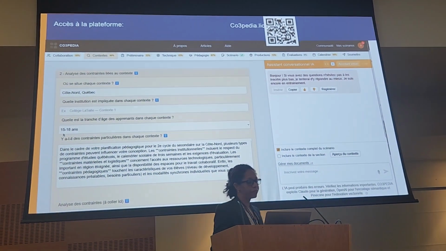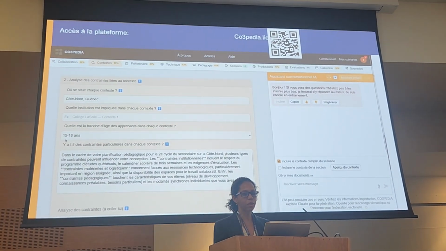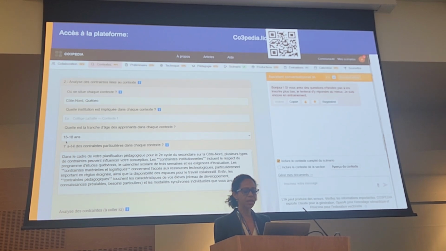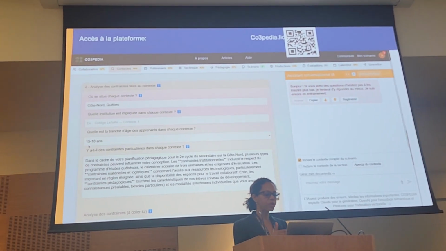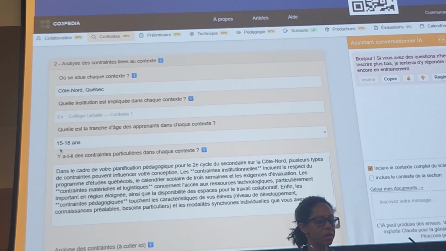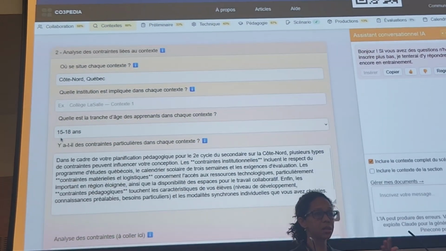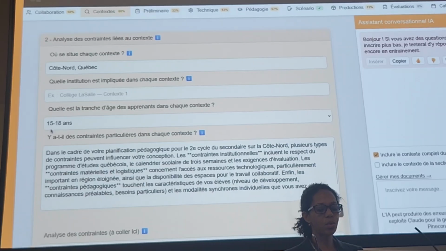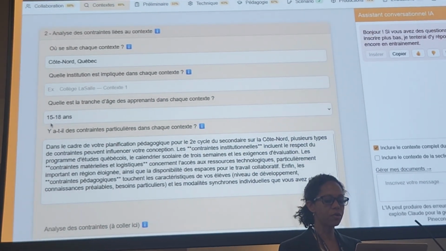So, here is the COPEDIA environment. There's a QR code if you want to go to the system. It's open. It's designed not just to generate scenarios, but to guide teachers progressively through their instructional design process. The goal is not to auto-generate lesson plans, as we can see in some other tools I talked about earlier, but to walk teachers through their design step by step while accounting for